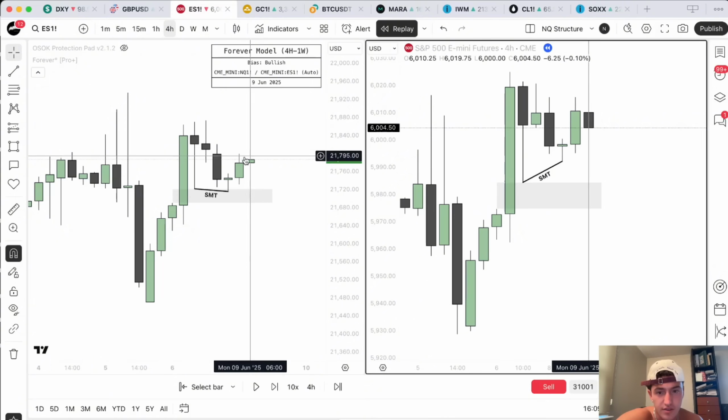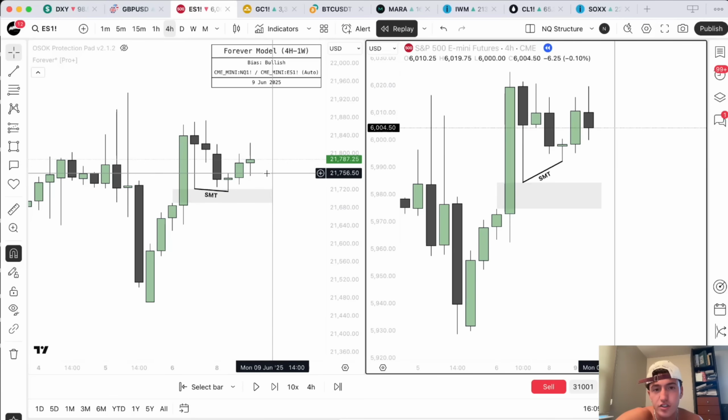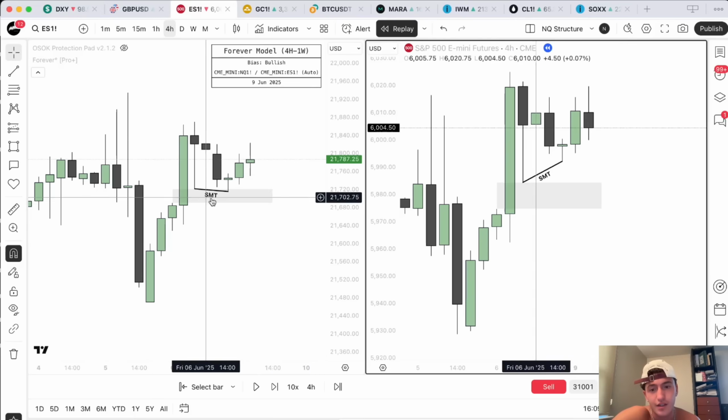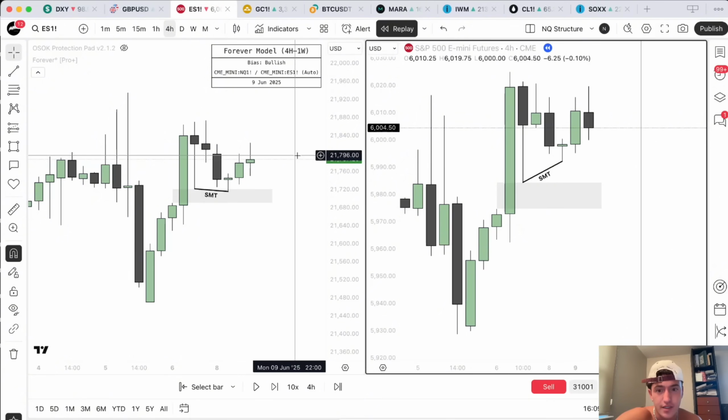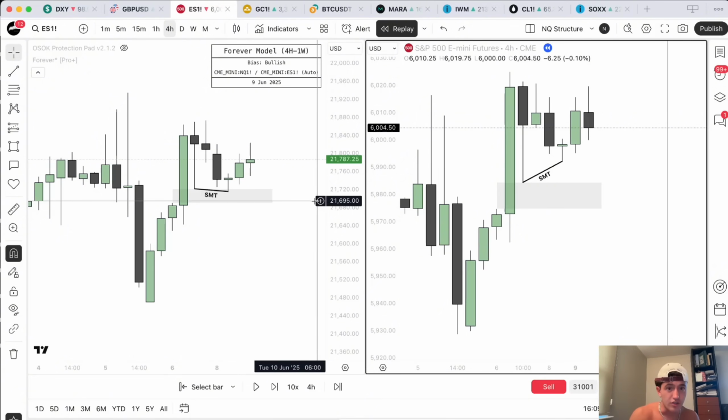So seeing this reaction that we created during the Asia session led me to wonder, what is going to happen? Are we going to continue in New York, or are we going to reverse and neglect this SMT? So I leaned more bullish into the day. I'm not going to automatically just flip bearish just because there's an SMT at a previous daily high. That's definitely not enough when the higher time frame, the daily and the weekly, is so strong and gravitating so aggressively towards all-time highs. It's just stupid to do that.